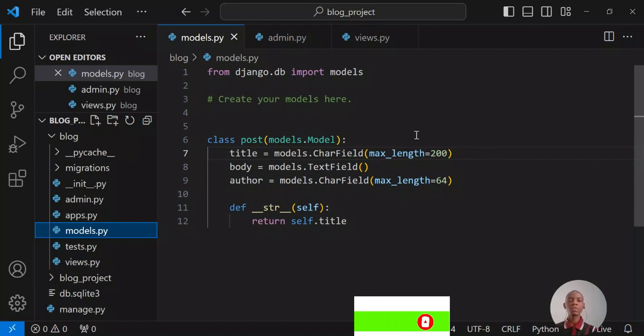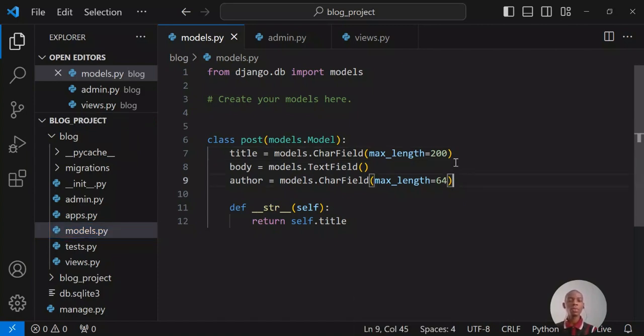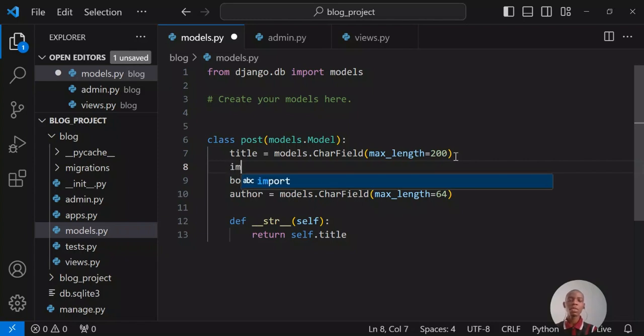So let's get started. First of all, I'm going to add more fields to our models that we have here. So first I'm going to add the image field. I'm going to say image, which is going to be equal to models.ImageField, and then it's going to have a parameter upload_to, which is going to contain the directory where I want to upload my image to. I think the directory should be images